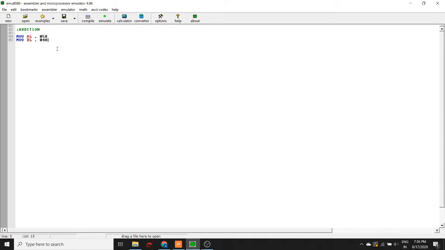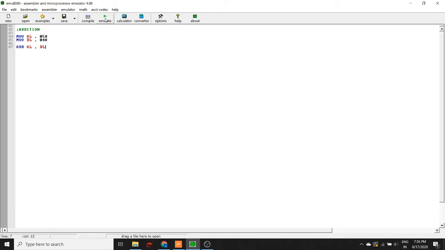This will store the value 04H in our BL register. Next we give our addition instruction, that is, I will write ADD AL, BL. This will store the value that we get after addition of 05H and 04H in our AL register. So let's see if that works.